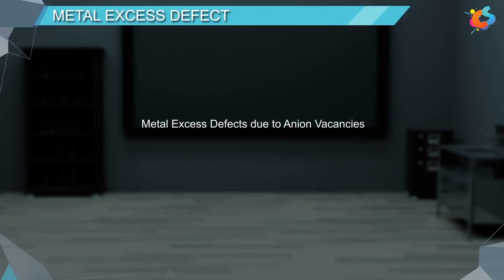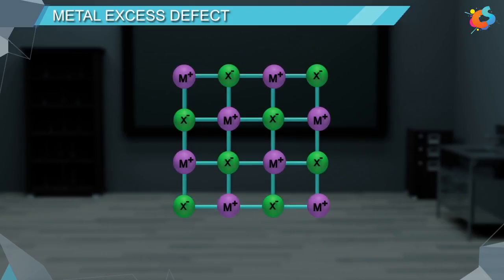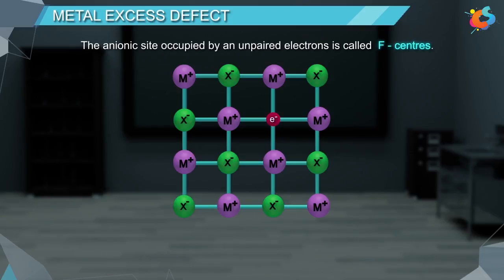Metal excess defects due to anion vacancies. In an ionic solid, an anion may be missing from its lattice site, leaving a hole which is occupied by an electron. To maintain the electrical neutrality, the anionic site is occupied by an unpaired electron, called F centers, where F